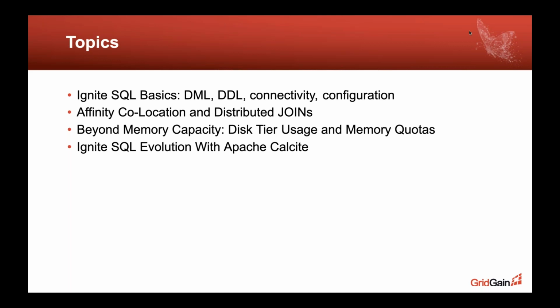First of all, we'll start with the basics. I'll explain to you what the connectivity options are, how to configure your cluster, whether you can use DML, DDL, or any other approaches available in the platform. After that, we need to explore and understand the affinity collocation concept. I do believe that many of you are already familiar with that, but in this topic, we will see how that affinity collocation concept is related to SQL. For instance, usually if your data is collocated, then you can benefit from running high-performance distributed joins. Those first two items will be presented by me, and after that, I will hand over the mic to Igor,